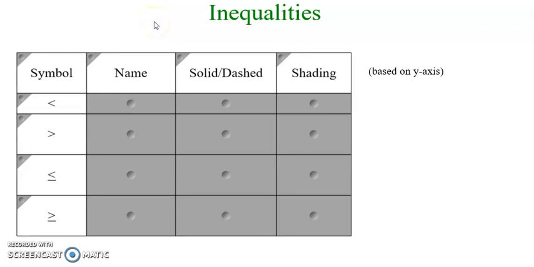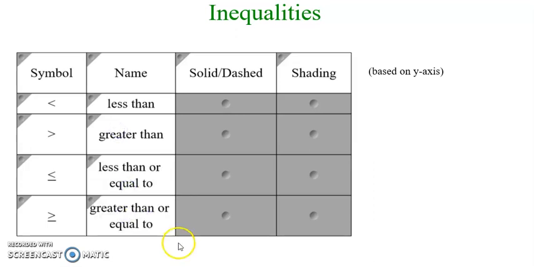In this video, we're going to look at how to graph a system of inequalities. So first off, let's just talk about inequalities and how to graph one inequality. And so we've got the names of our inequalities here: less than, greater than, less than or equal to, greater